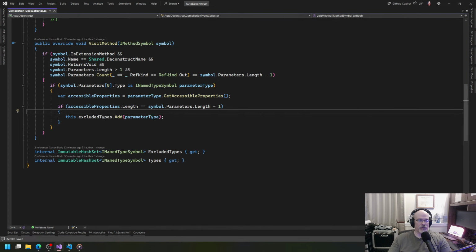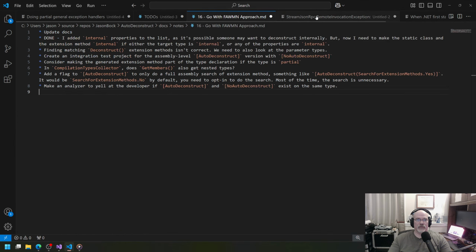But there is another feature I want to add to this, which is to potentially not do this at all unless you really, really want to. And so there is a debate in my head going on saying, do I even do this? Like if you've said, I want to have this type have a deconstruct method made, or I want all the types in my assembly to have deconstruct methods made, if there is a deconstruct method that matches on the type,